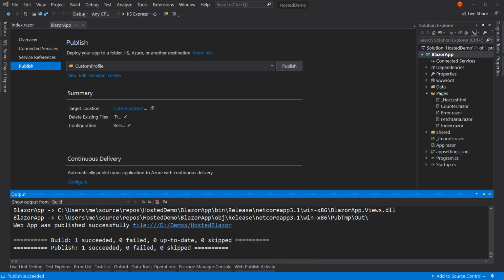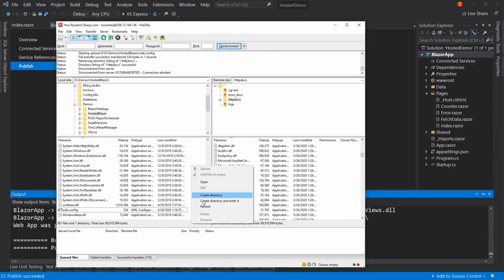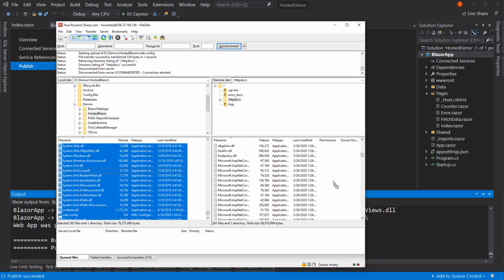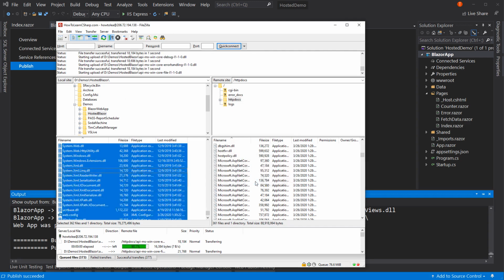So let's go back to our site here. We're going to refresh this. I'm going to Control A again, and I'm going to drag it over and overwrite. I'm going to overwrite for all of these. I'm going to say apply to current queue only, overwrite. All right. So that means it's not going to overwrite every time without asking me, just for this particular queue,